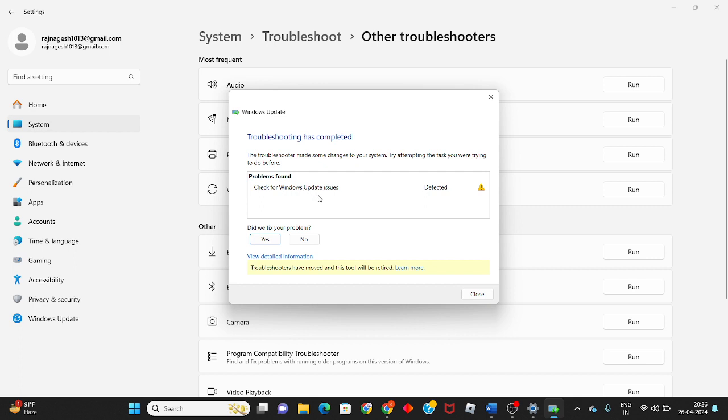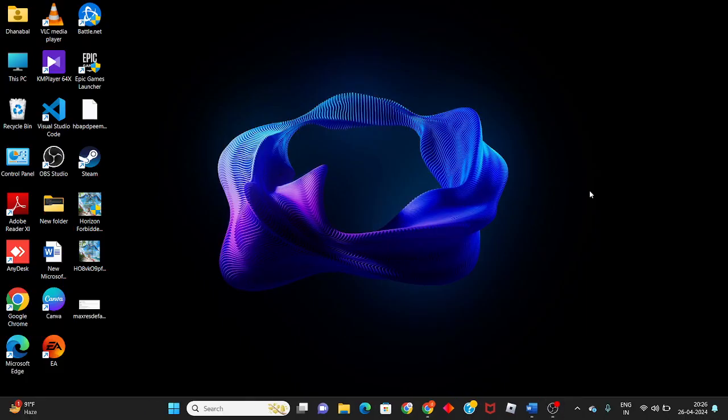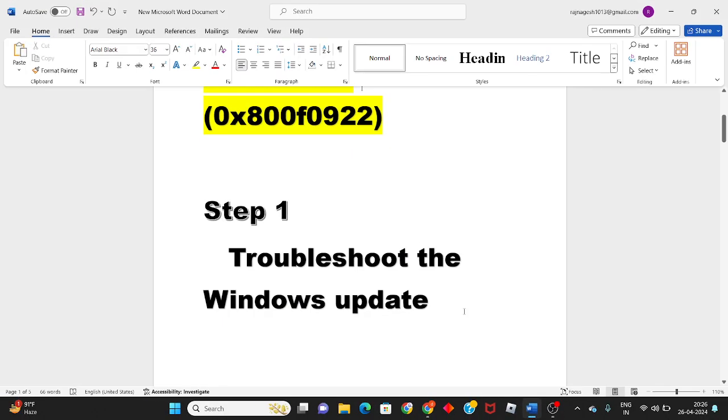This takes the Windows update issues only. Okay. If any other issue is showing to you, we can do the second step. Then second step for